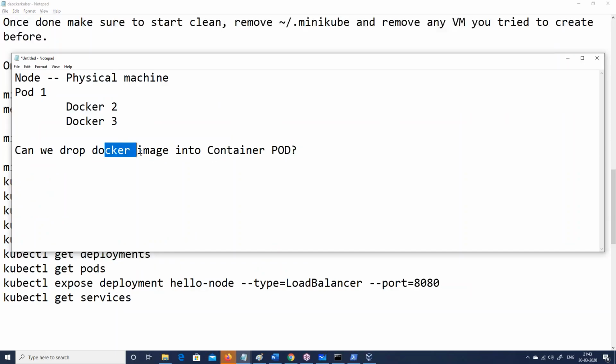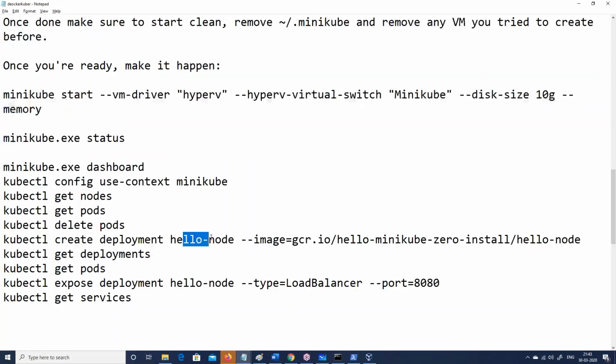So yes, you can do this. You can deploy a Docker image into a pod, but you cannot run a Docker image like an OS. If you're thinking that is not possible, yes, this is possible. You can drop a Docker image into a pod. So you can take this Docker image. At this moment, this image is going to go inside a pod only, right? At the end of the day, it will create a new fresh instance of the pod, right?